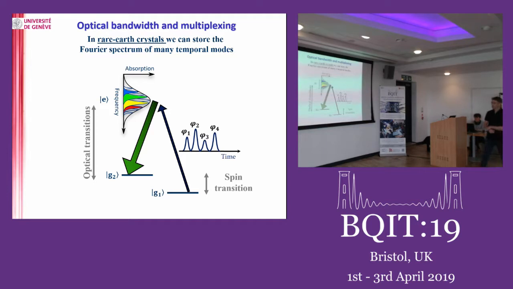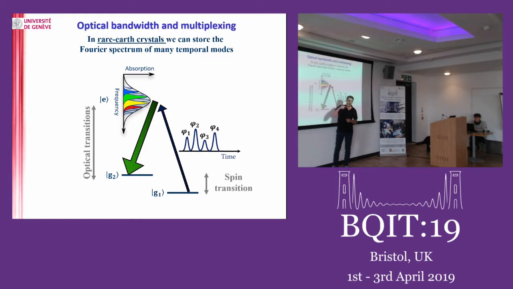And what we are able to do is use the fact that we have ions absorbing at different frequencies. So we have this inhomogeneous broadening. This is absorption as a function of frequency. Every atom has a different excited state energy, so they are spread out. That's the inhomogeneous broadening. In our case it is static. It's given by strain. The strain is a bit different for every ion, so every ion is a bit shifted.